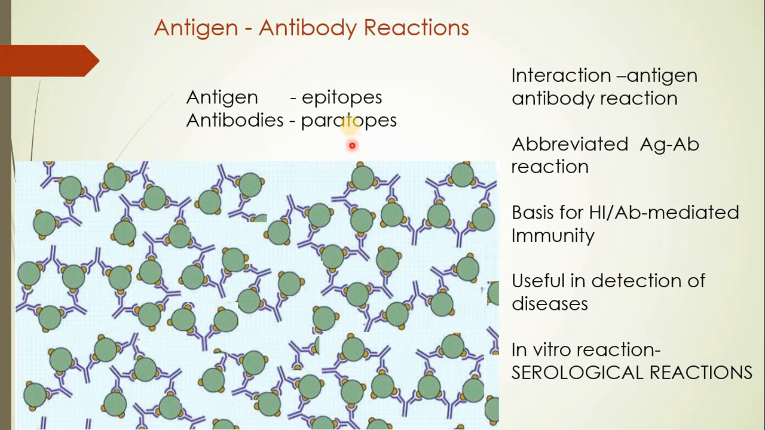Now, this interaction is the basis for the development of humoral type of immunity, or it is also called antibody mediated immunity. This interaction between antigen and antibody is very essential because it helps in detection of diseases, and such in vitro reactions are defined as the serological reactions. These serological reactions enable us to define the presence of disease or the kind of infection present